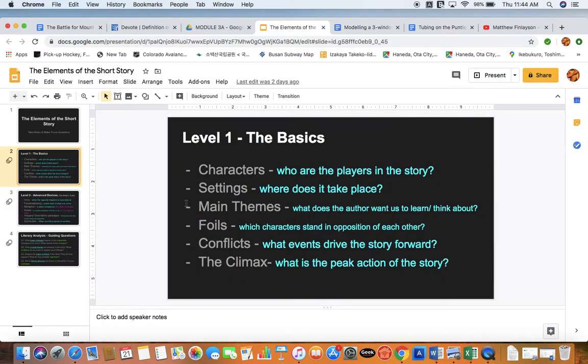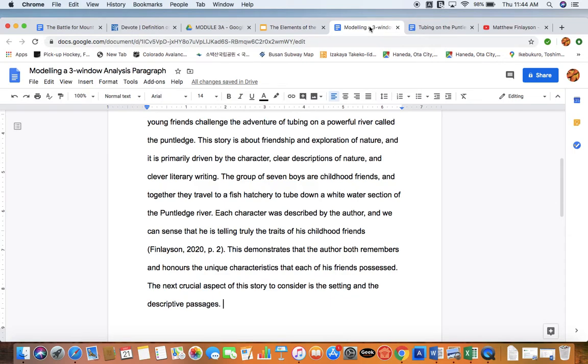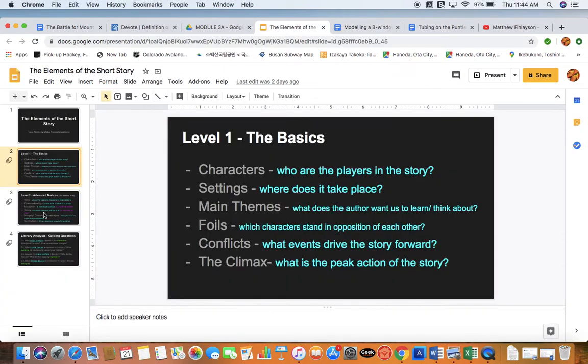Similarly, an element like the climax or the conflicts, these are really important. Even though I've put them on the level 1 slide here, these are very important parts of a story, and it almost makes sense to deal with the climax or the conflicts separately, because the conflicts are what drive the story, right? They're kind of the engine that moves the story forward, that makes things happen. So sometimes they deserve their own section of a paragraph or an essay. Anyways, like I said, as long as you can logically support what you're saying, that's the best way to go. You're not married to this format, guys.